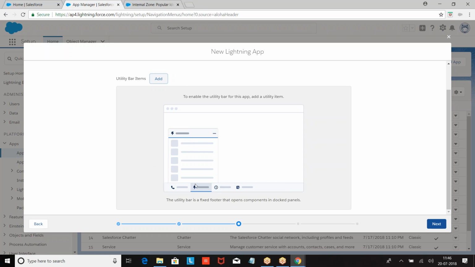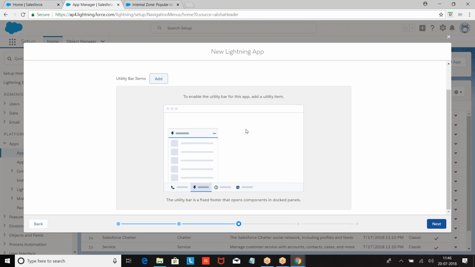This is the application. At the bottom we have utility items. When you click on that, the corresponding layer will open. Now, when you go to Gmail, chat will be at the bottom, minimized. When you click on this, what happened? That enlarges. Now, what is that? Utility bar or utility item.